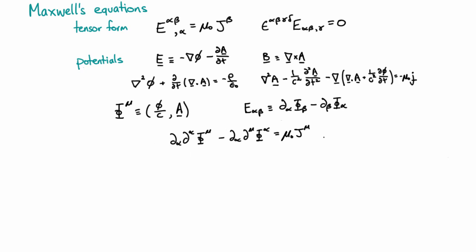Okay, so we want to show that this version of Maxwell's equation in terms of the four potentials is exactly equivalent to these two Maxwell's equations in terms of the electromagnetic tensor. So let's do this one first, and we expand out our definition of our tensor. So we're summing over alpha, beta, and gamma,